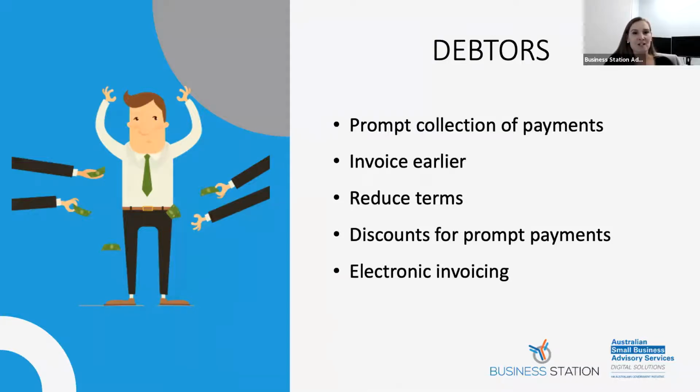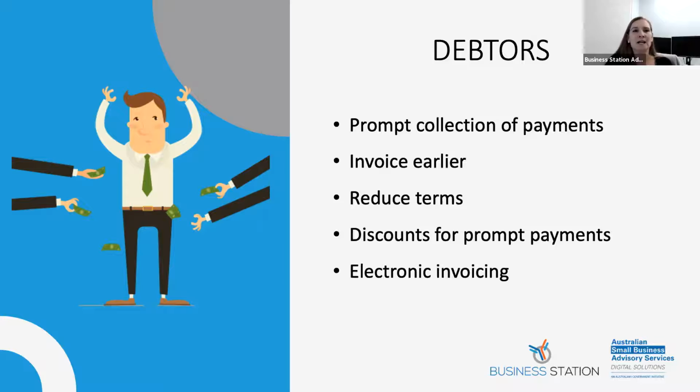Now, according to the ATO, it can cost a business about $30 to produce a paper or a PDF email invoice. So that's quite a big expense just to invoice somebody and get that money. E-invoicing drops that down to about $10 in admin. So keep that in mind. That's a really, really good idea. And I think you'll see more and more businesses going this way in the future.